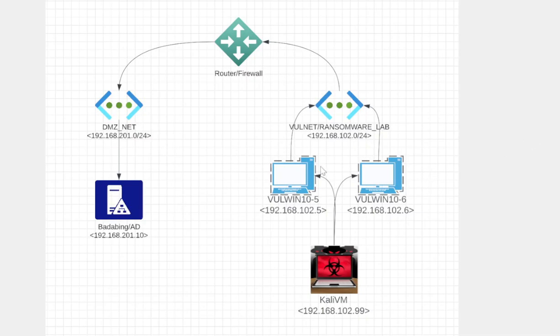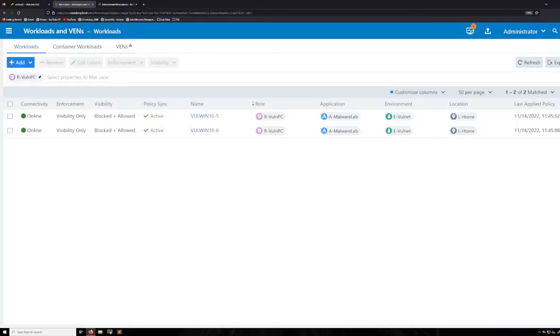So here we have our two vulnerable machines, our Win 10-5 and -6. And in that same network, we have our Kali machine, which is going to be the one simulating the machine that got infected with ransomware, and it's going to replicate the ransomware through the other two hosts on the network. Okay, so let's go ahead and jump into the Illumio